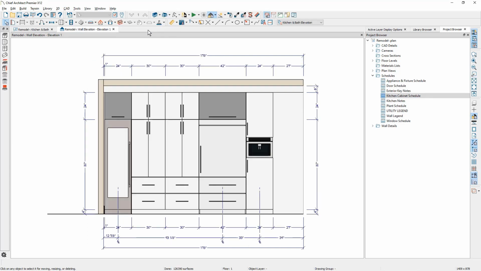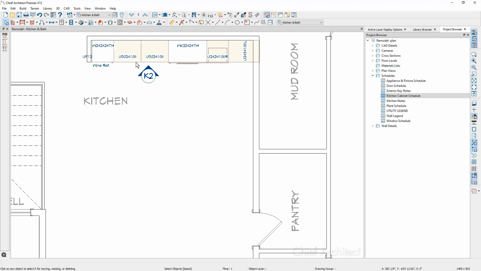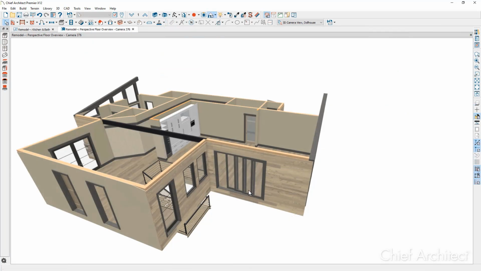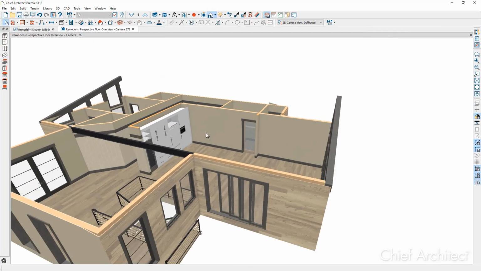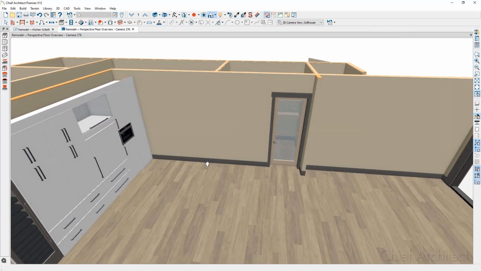Okay, let's go ahead and clean up a few of these views. The next thing that I want to do is I'm going to save this elevation camera that I've been working on that has the annotations of the dimensions. We'll go ahead and save this. And now let's move on and do this sidewall. I'm going to begin the process actually in 3D. Let's take a look using the perspective floor overview. In this 3D view, let me go ahead and zoom in to this back wall,